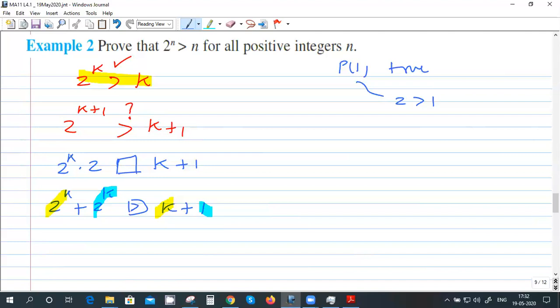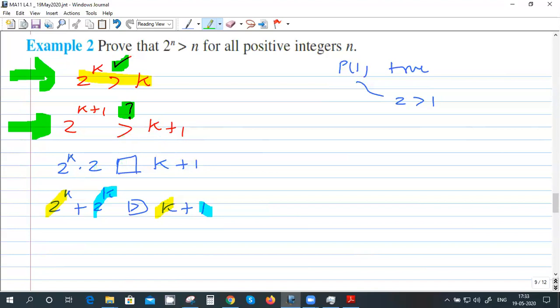Yeah. See, first you assume that it is true for k. You assume this statement, and then you have to prove that it is true for k plus 1. That's why I put a tick mark here. You have to take that thing. Question mark, you have to show it. Since the first statement is true, I'm trying to make use of it. So this 2 raised to the power k plus 1 equals 2 raised to the power k into 2. Right hand side is the same.